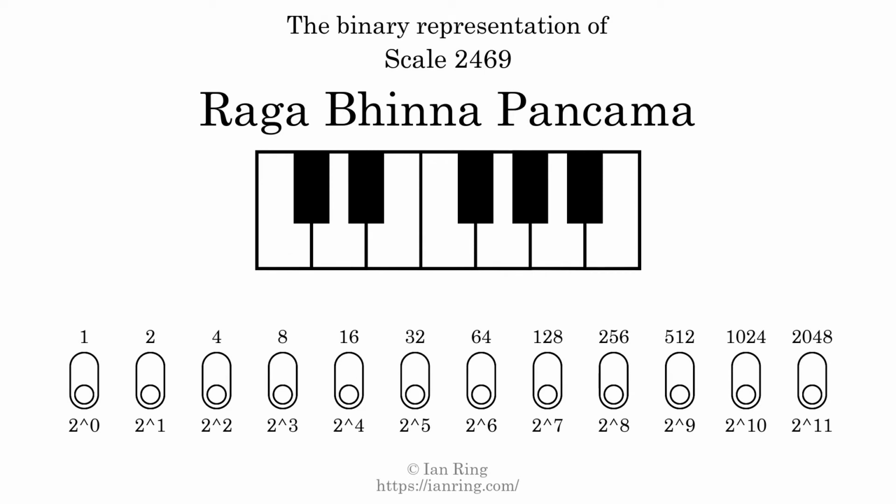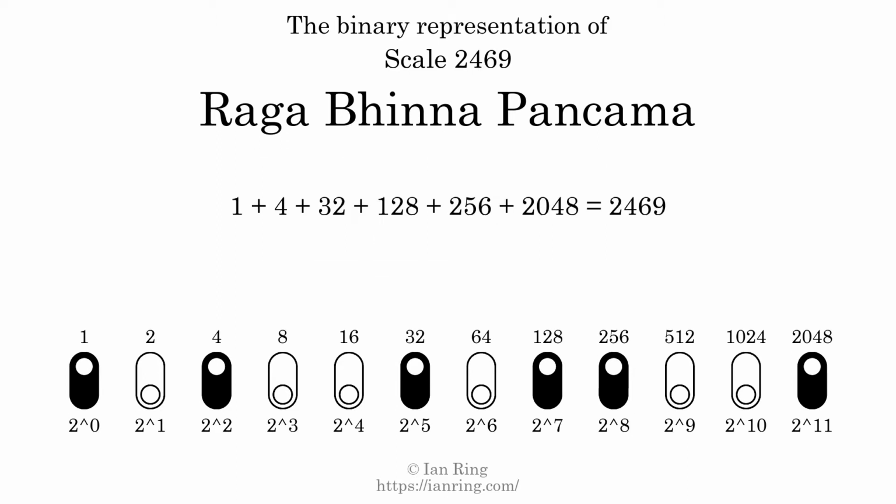The binary representation of this scale is determined by mapping tones of the scale to binary digits. Each binary digit represents a power of 2. To get the scale number, we add the powers of 2 together. The powers of 2 that are present in the scale, all added together, equals 2469. That is why the scale number, in decimal, is 2469. The scale number not only enumerates the scale with a unique index, but it also literally describes the tonal content of the scale. Represented as a binary number in base 2, the scale number is